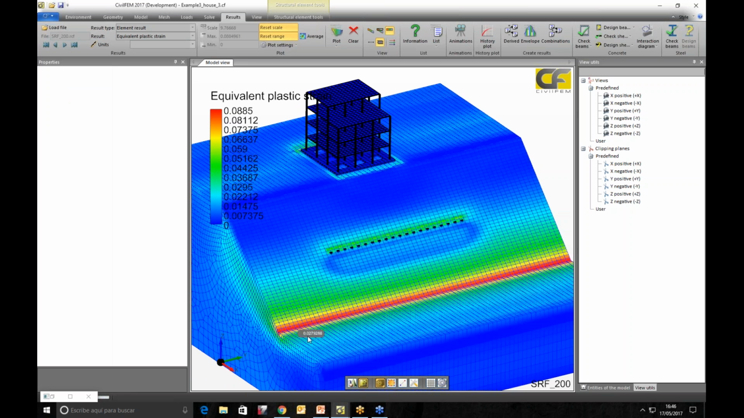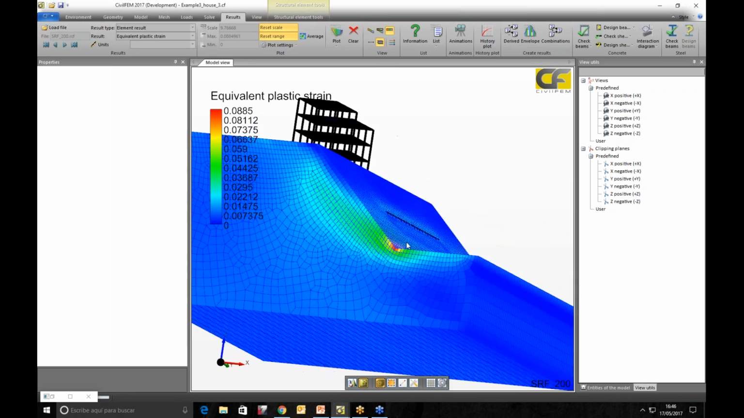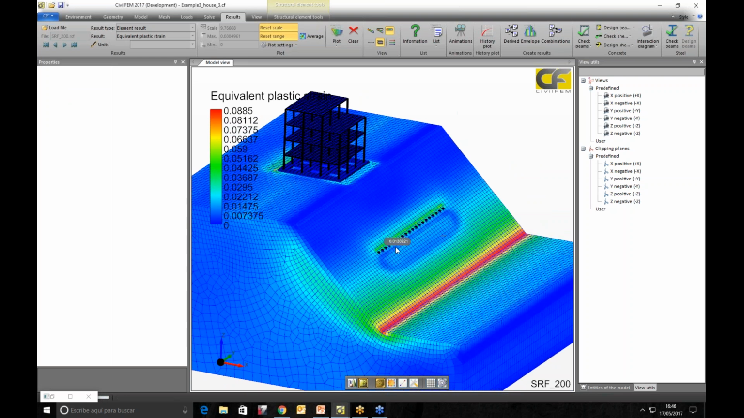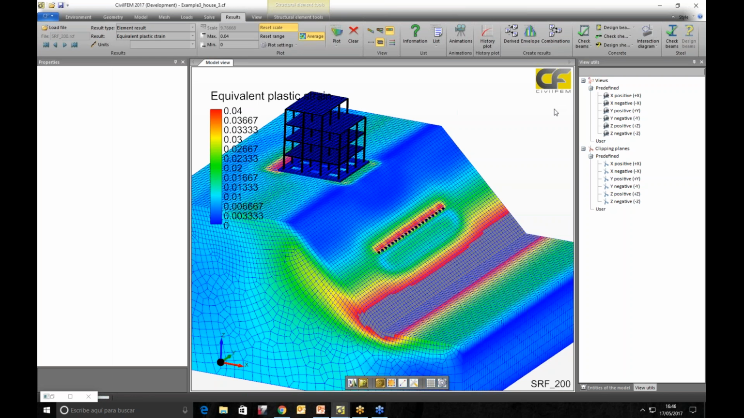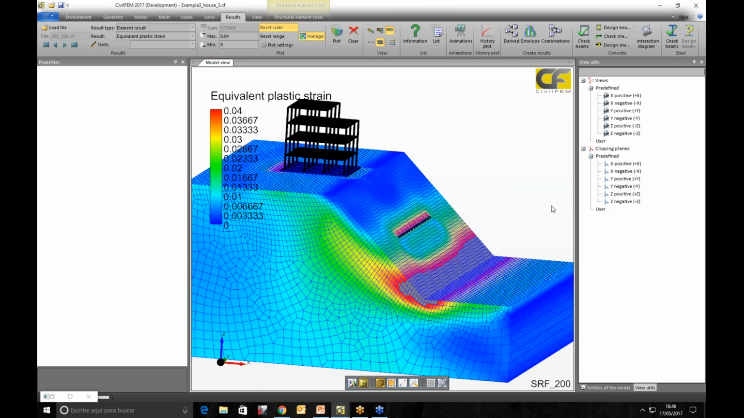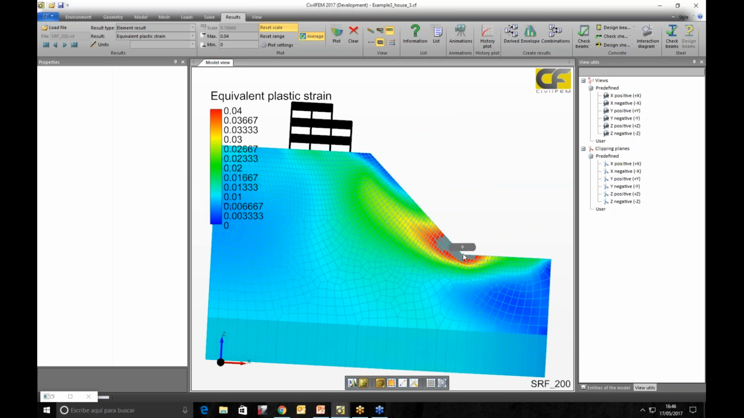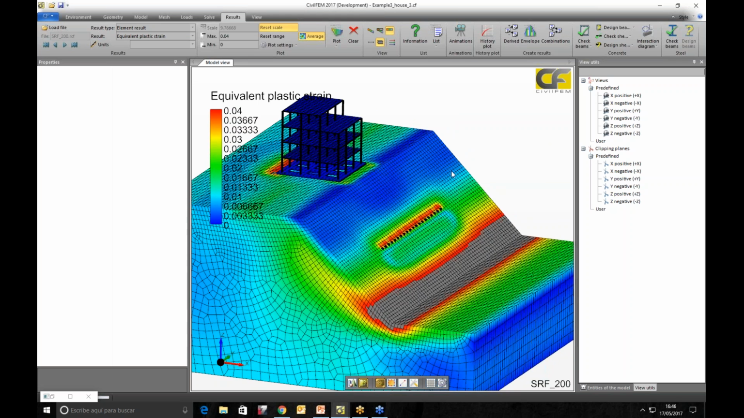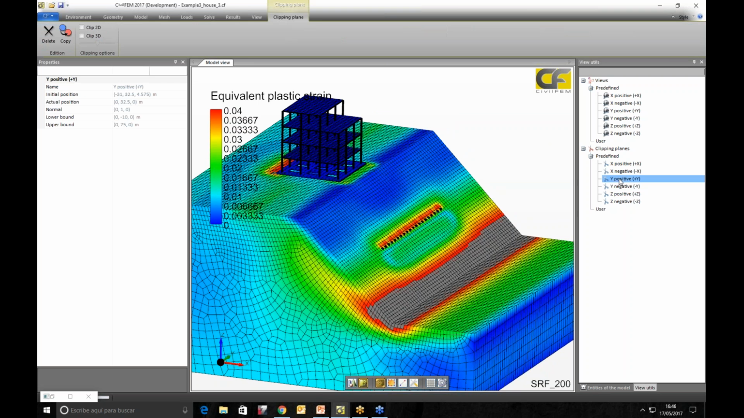Well, we can see we have also the biggest yielding zones here on bottom, and also the piles are reducing the yielding here around. We have to reduce it a little bit to be able to see more yielding zones. Well, we can see that the sliding surface is here around, and if we use the same tool as